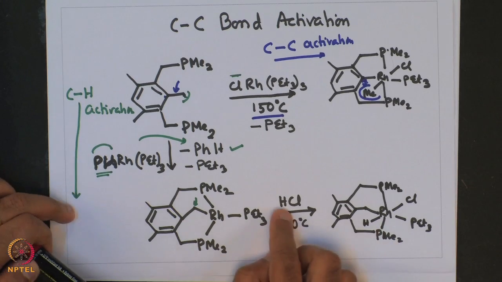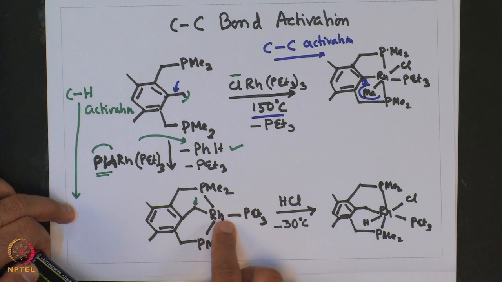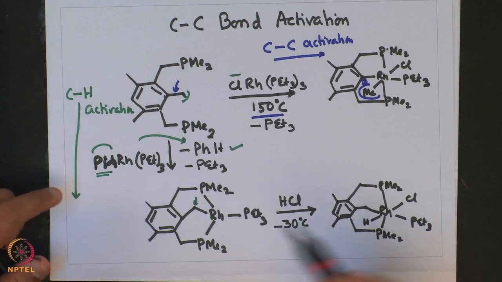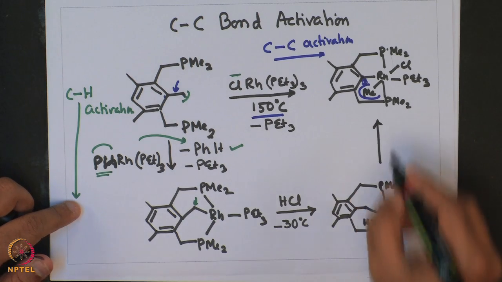So, HCl is added on this C-H activated rhodium 1 compound, giving the rhodium 3 compound, which at 100 degree centigrade completes the cycle,